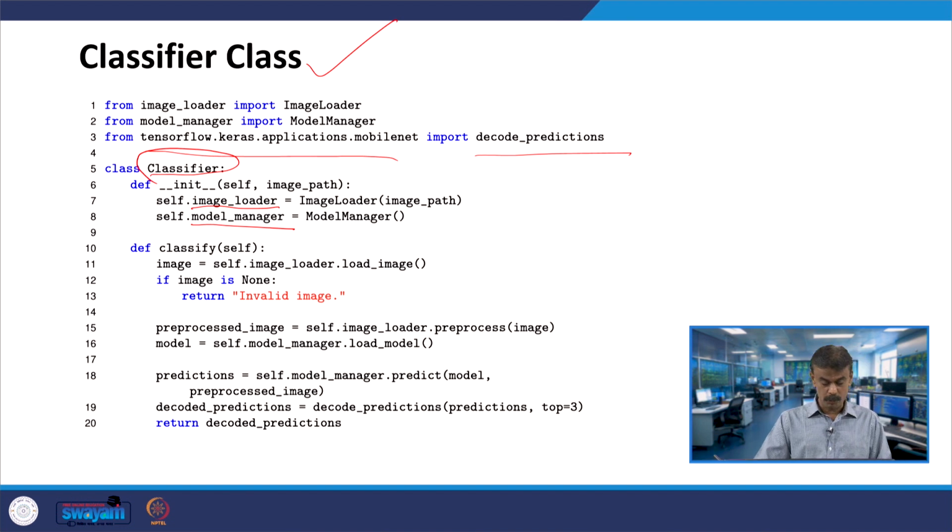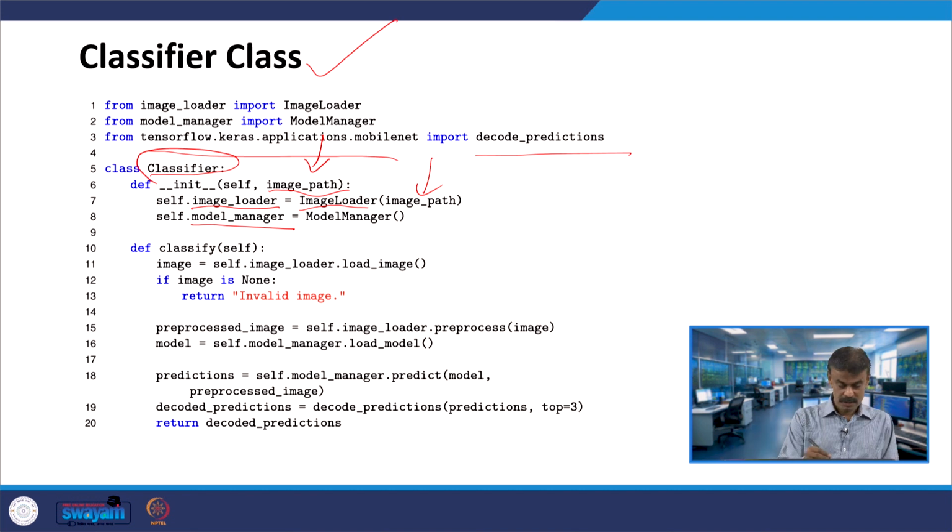What are the inputs? Here you are passing image_path, the path to the image to be classified. Then you have self.image_loader; on the right hand side you have ImageLoader, where you pass this image_path.